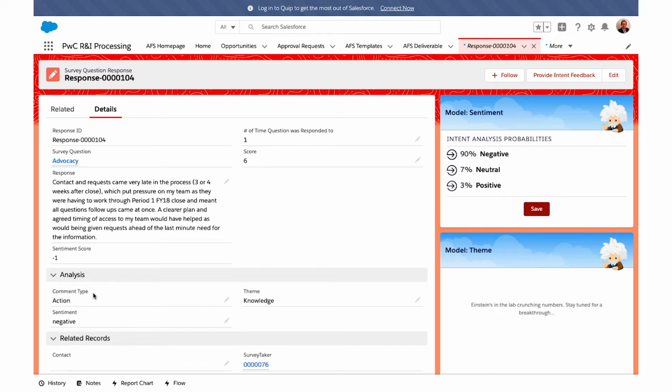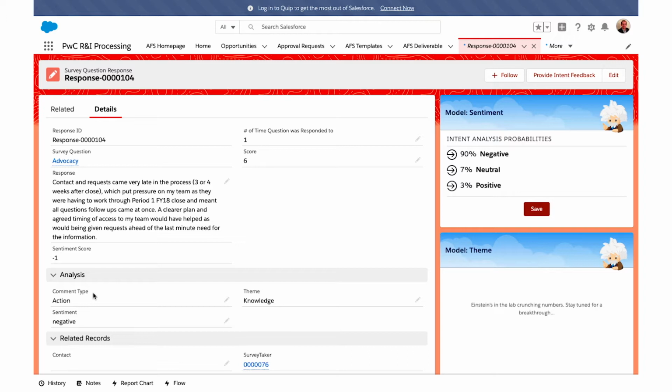And with these particular features, PwC is able to gain a lot more insight in a much quicker manner. Based on the information from the PwC colleagues, they are able to save up to 50 working days from just manually reading all these comments. And with this real-time insight feature, I'm able to respond much quicker to customer dissatisfaction and really reduce any revenue and churn problem for my customers.